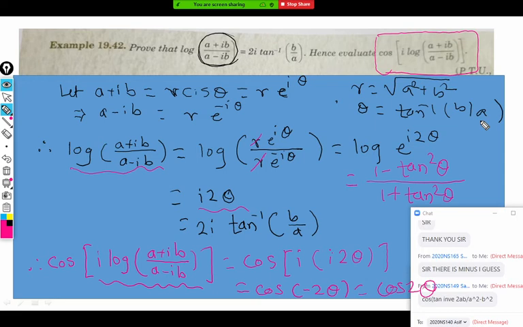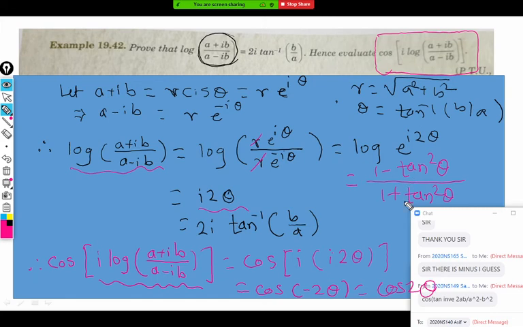This one from here, sir, after 2i tan inverse b by a, then cos we are applying, then within the cos box, there should be i into 2i tan inverse b by a, no, sir? Yes, you can write that directly here also. But later on, you have to use the formula for cos of 2 theta there. That tan inverse of b upon a, you compare like theta and use that formula here.